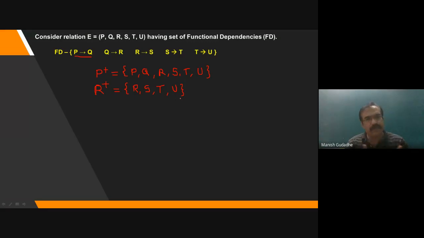This for every attribute I can do, P, Q, R, S, T, U. For every attribute you can do. For U, what will be the attribute closure? Only U, because U cannot further determine anything as given in the FD. Even if you are applying Armstrong axioms in this case, it will be same. You won't be able to determine anything. Okay. Let us say that now